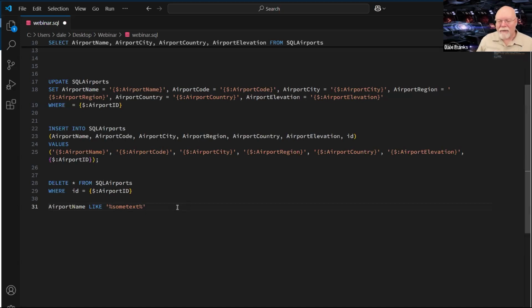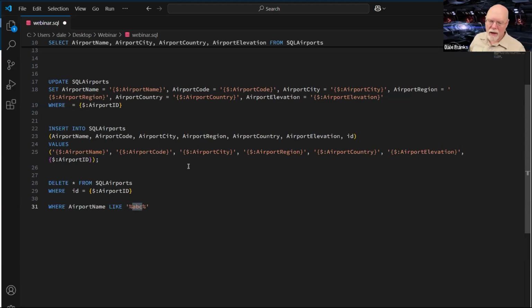If I had a where statement like this, I suppose I should put the where on here. Where airport name like some text. I think I had ABC previously, so let's go back to what I previously had. Again, it will look through all of the airport names.